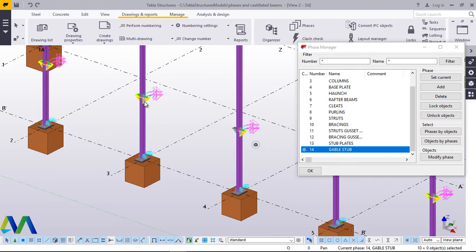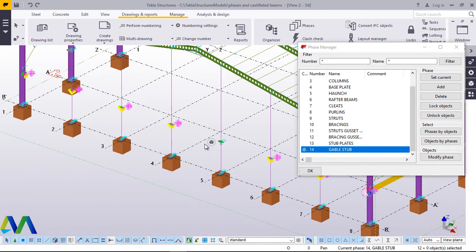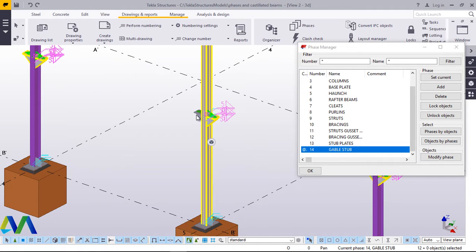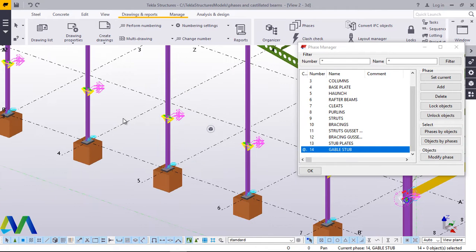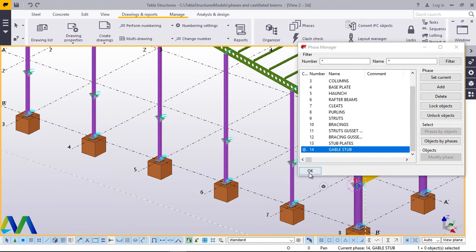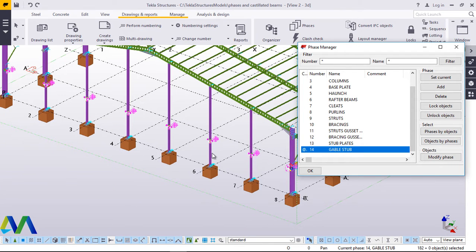I'll pick on this and pick on that, then zoom out and in, pick on that and pick on that, then zoom out, come here and click modify. Now if you click on empty screen and come back on tab and click objects by face, you'll be able to see they've been classified under Gables